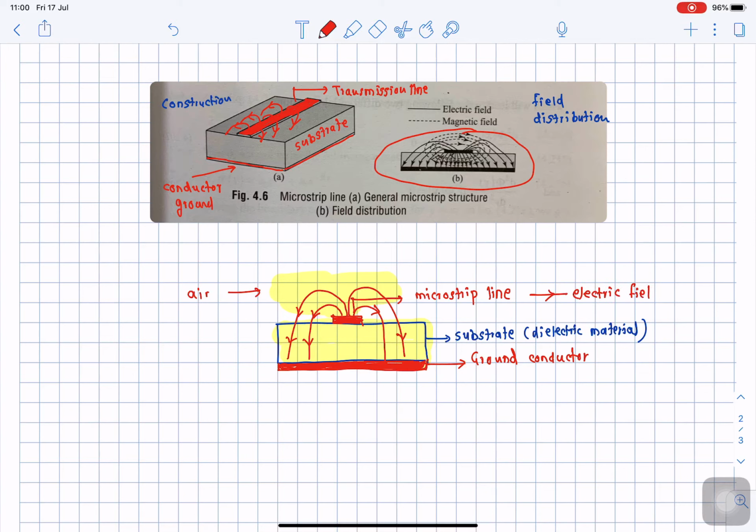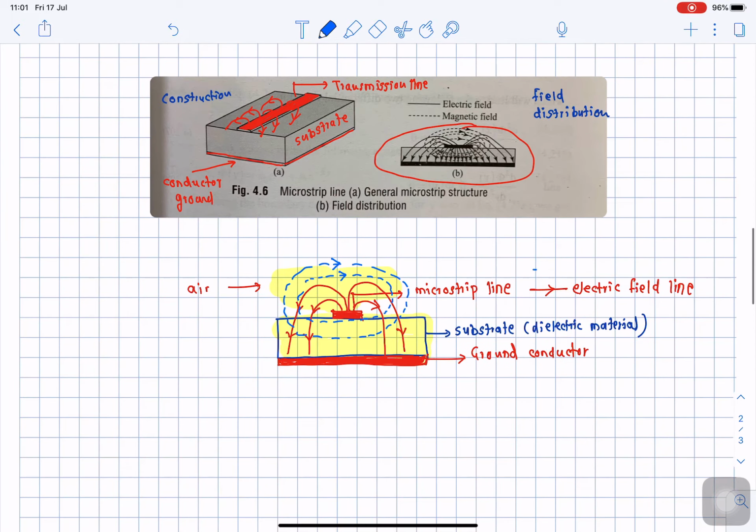And how the magnetic field looks like, again please remember, whenever there is an electric field, there has to be a magnetic field, and the magnetic field will always form a closed loop configuration. So I will choose a different color to show the magnetic field lines, and I will choose this blue color. These dotted lines will always form a closed loop configuration, please remember. Okay, so the same is shown over here, and these magnetic lines will always follow again the right hand rule. Okay, so what the blue color lines are indicating, these blue color lines are indicating magnetic field lines.